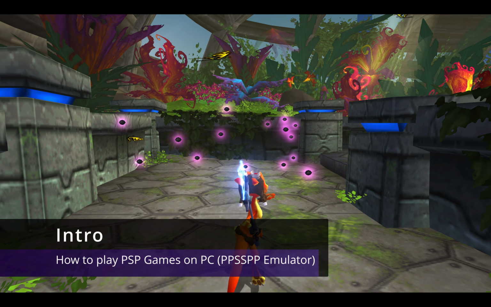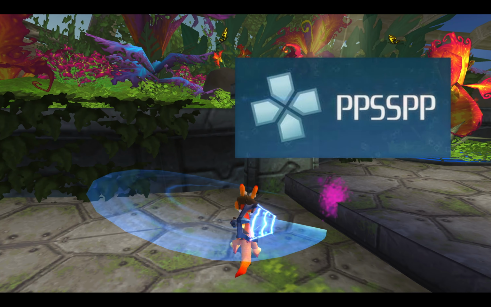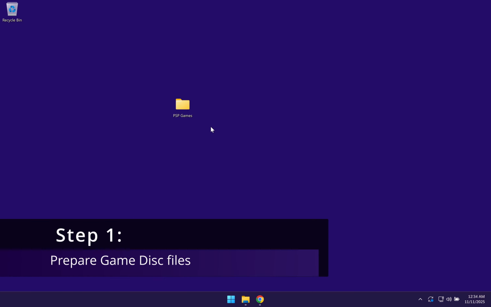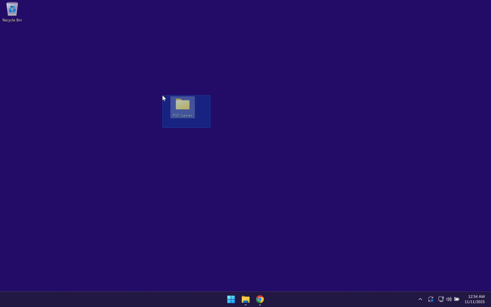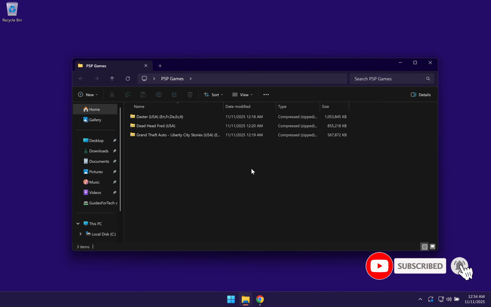In this video, I'm going to be showing you how to play PSP games on PC using the PPSSPP emulator. The first thing that you want to do is to get your PSP games ready. You can extract the PSP games from the original UMD of PSP games which you already own, or you can find downloads for PSP ROMs online, but I'm not going to be showing you how to do that in this